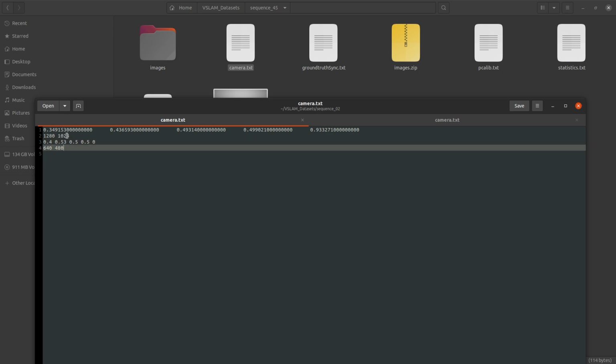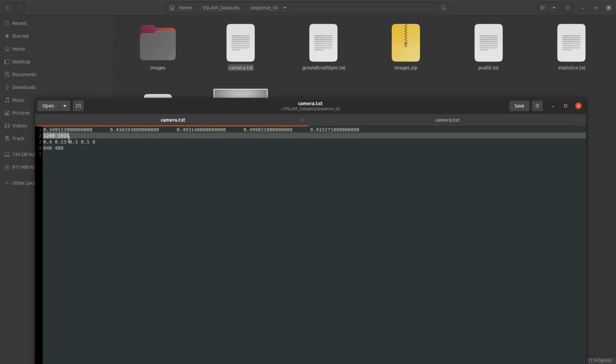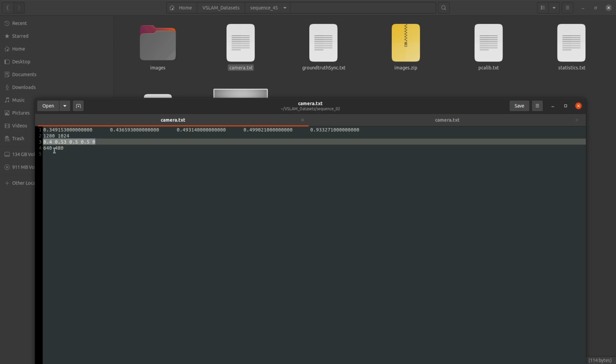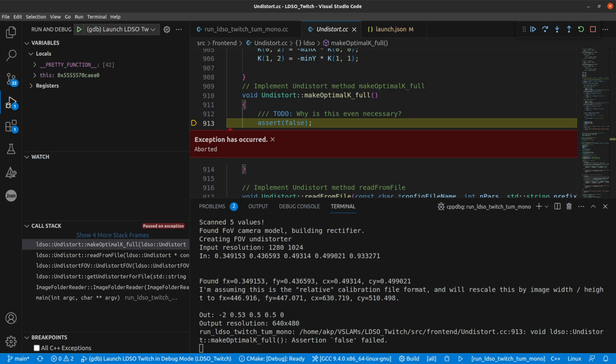So even though we are resizing the image sequence here from 1280 by 1024 to 640 times 480, we also want to define a new camera matrix for this scaled down version. And this somehow leads to problems with the code currently, because the code still wants to make an optimal K matrix, an optimal calibration matrix,